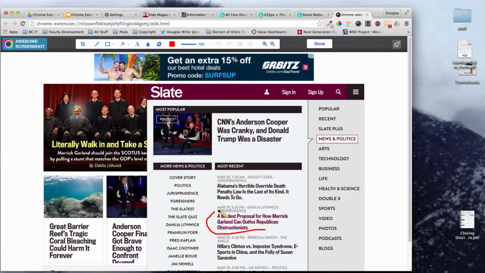So now I can mark that up and say, this is the article I wanted you to look at, the one that's highlighted. I can even draw a square around it. Draw more squares, anyway. So you get the idea. It's pretty cool, because not only can you take the capture, but you can then mark it up and make notes on it,